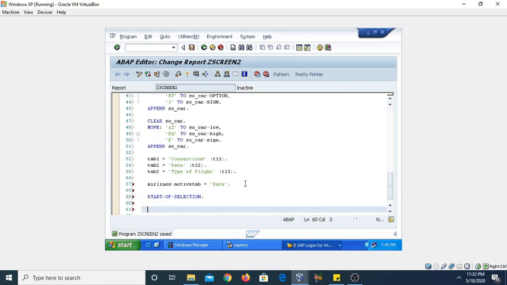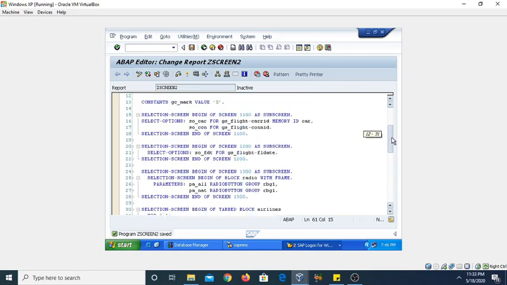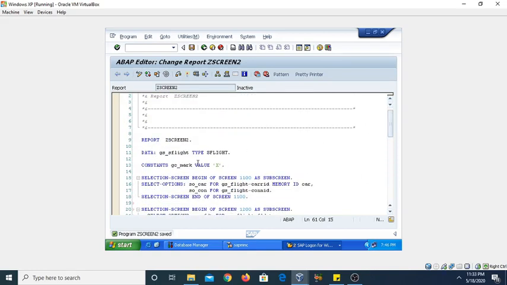Then defining here the case. This is your case gc underscore mark. That means we have initialized a constant above in the program, gc underscore mark, whose value is x.